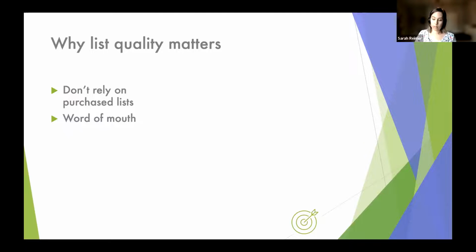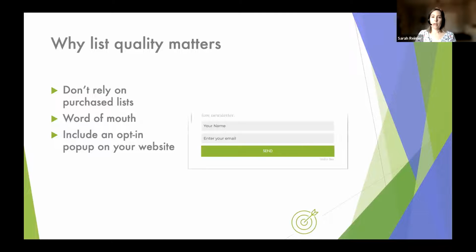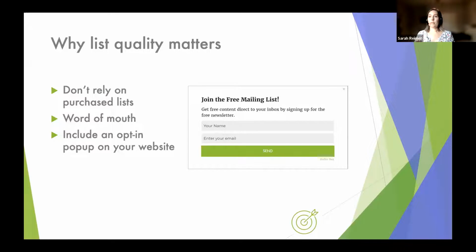Another way to collect potential customer emails is including an opt-in pop-up on your website. You've probably seen these. They are windows that pop up when you arrive on a web page, with an offer typically. When I use these pop-ups, I typically put them at a specific time frame. Sometimes you can time them to pop up at a certain time, or even as individuals navigate away from a page. So rather than having it pop up immediately as they land on the website,